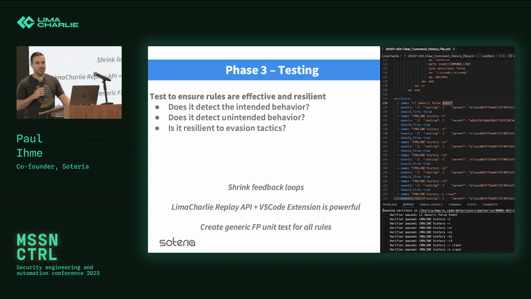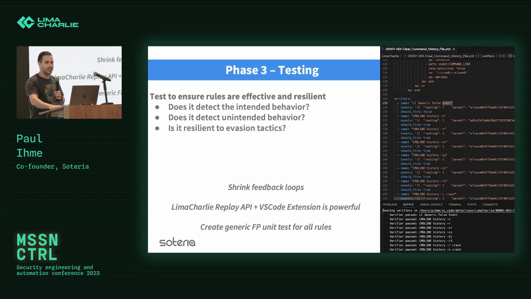And another lesson learned, going back to the alert storms, creating a generic false positive rule that is by default in our template now has been massively powerful, because it's super easy to write a rule that, again, fires on every network connection or on every new process event, because you did an or instead of an and somewhere, and it passes all your detections, because it does detect those things, but it also detects any other process.